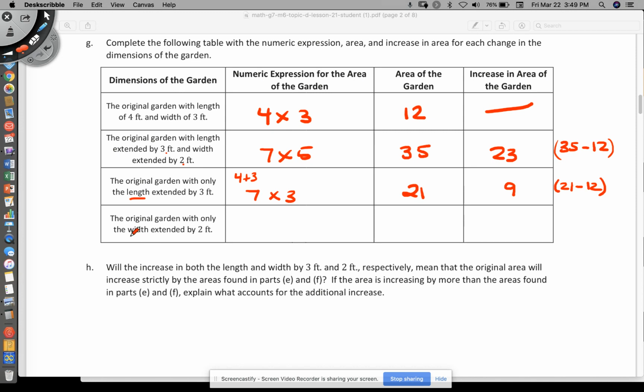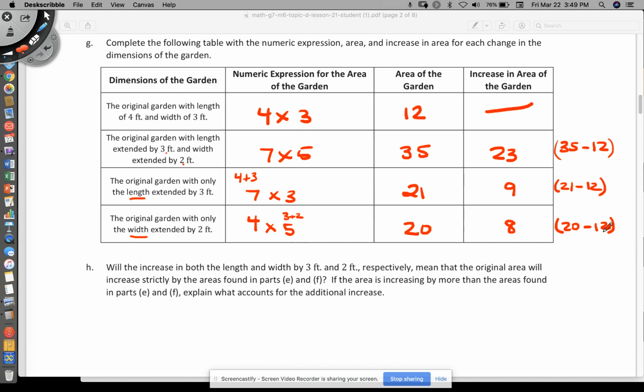Now, what if she only extended the width? So we're going to keep the original 4, and this time we're going to do the 3 plus the 2, so it's 4 times 5, which gives me 20. I'm going to come over here and do 20 minus 12, and that gives me 8, which is the answer